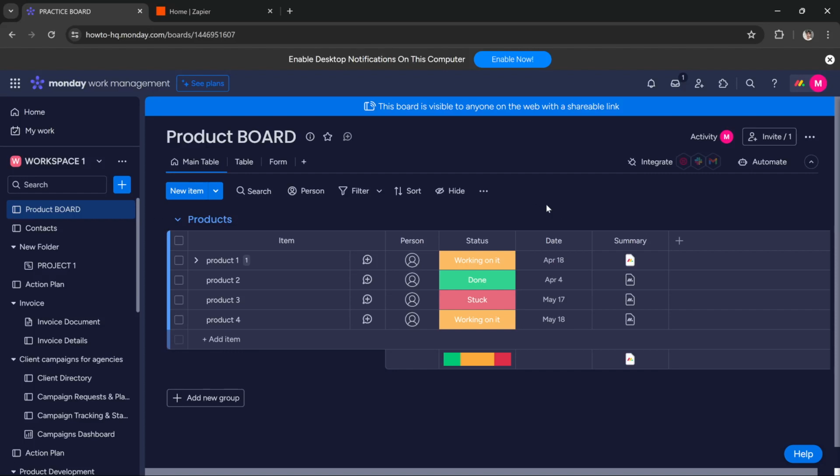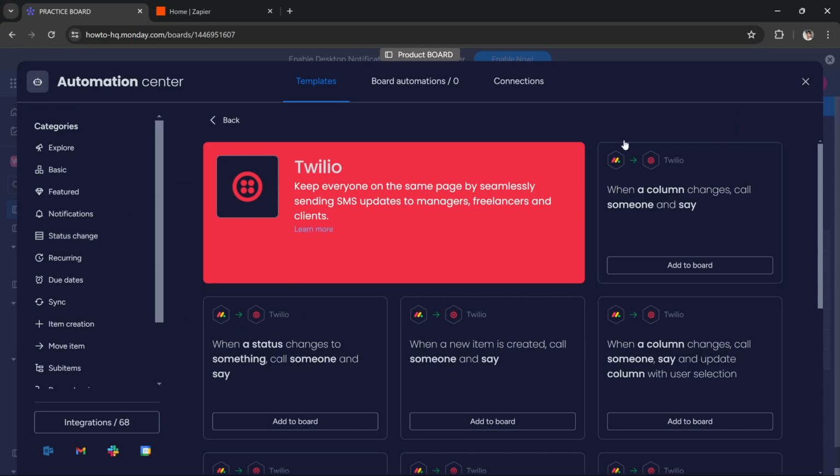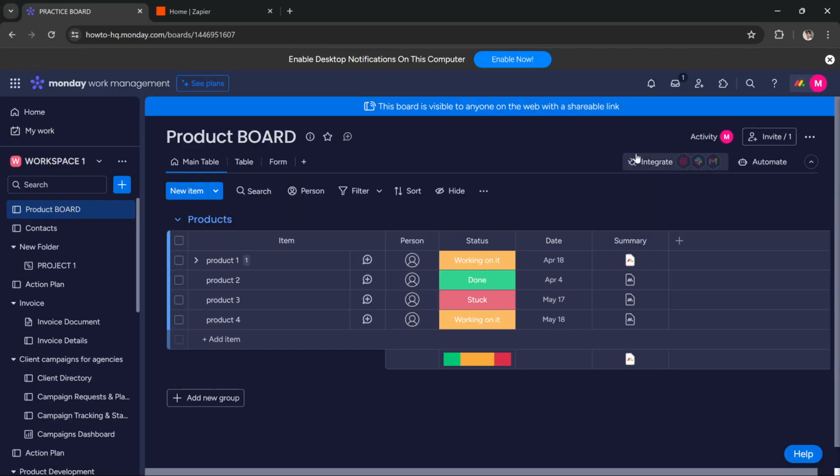Hi guys, in this tutorial I'll teach you how you can integrate your Monday.com with Google Sheets. It is very simple, but it is not directly possible within Monday.com. As you guys already know, there is an integrate and automate option in Monday.com, but unfortunately it doesn't support Google Sheets. So if you want to connect Monday.com with Google Sheets, you have to use a third-party app like